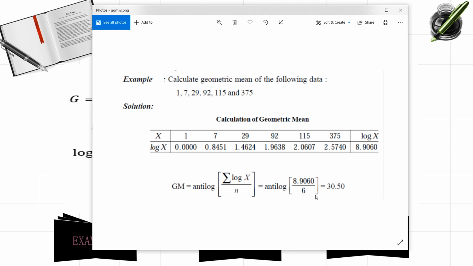Now let me tell you how to find the logarithms by using a simple calculator and how to find the anti-logarithm. Logarithm is very easy. You can see the LOG function or LN function. But here most of the students have doubt in finding the anti-logarithm. So I thought of explaining both the things here.